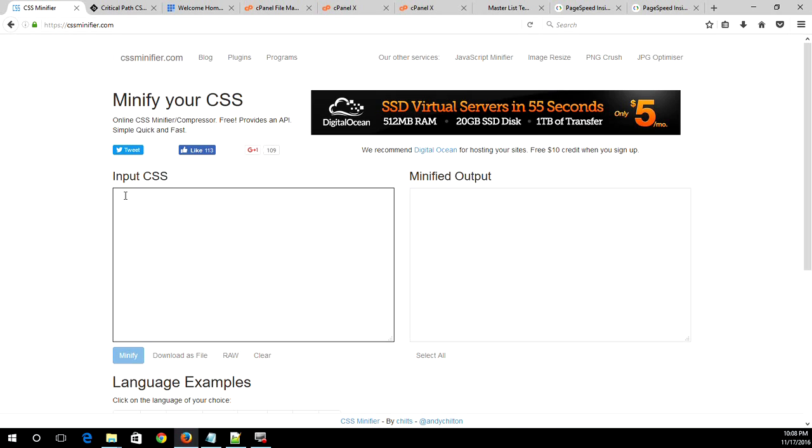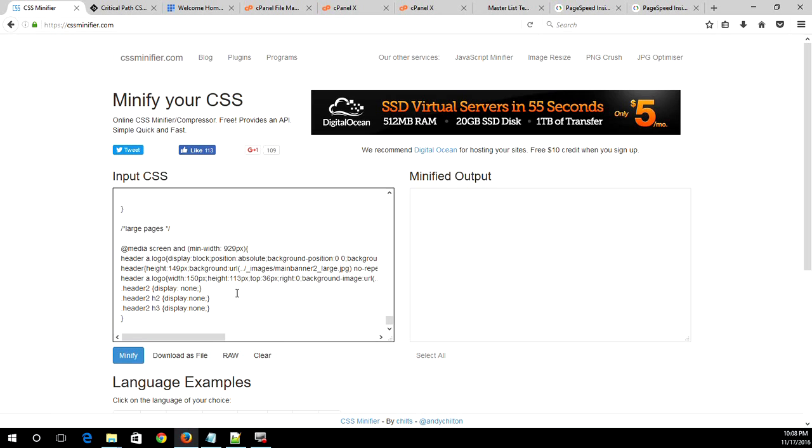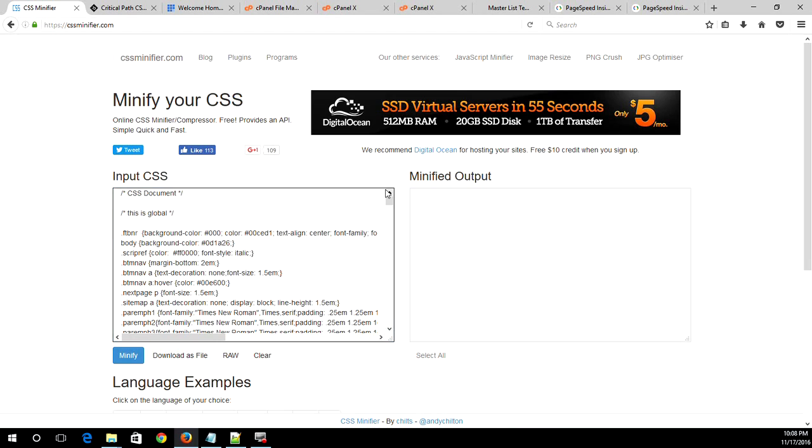It was only picking up like the first or the last line. So when I get it out of Notepad++, I don't have any problems with it. So I've just gotten it off the website, so let's go ahead and see if it picks it up. And it looks like it's got it. All right, once you paste in your CSS,